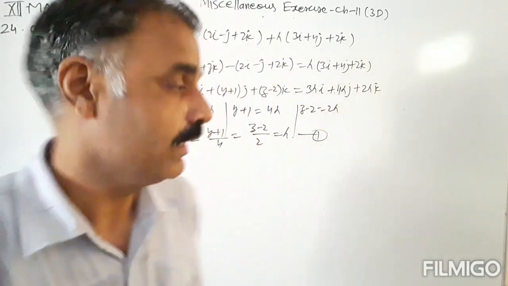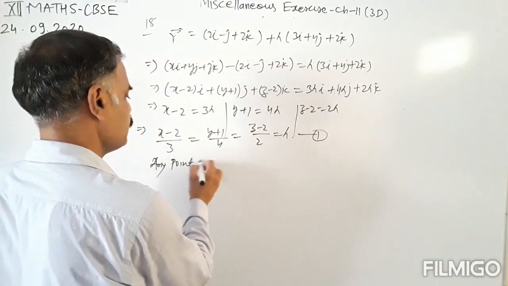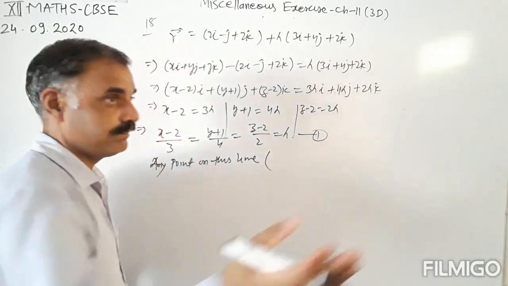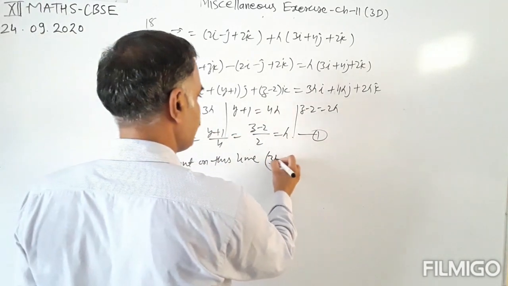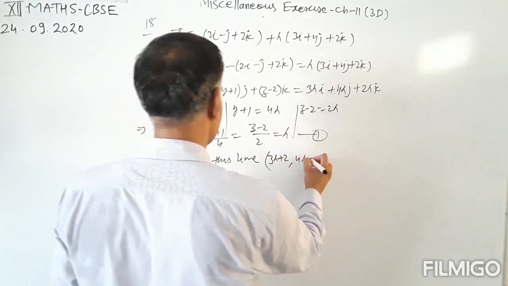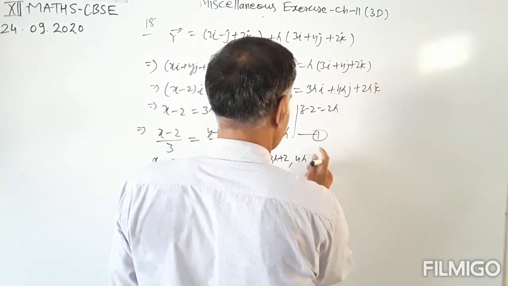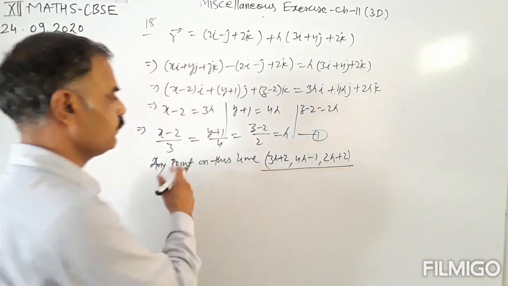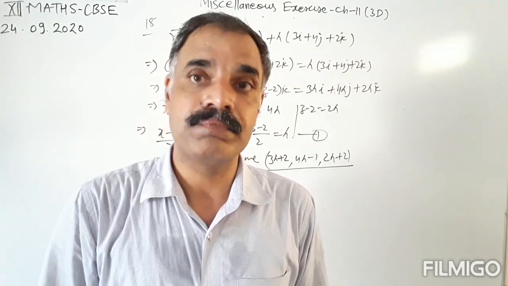Okay, now any general point on this line, that is x, y, z, is 3 lambda plus 2, 4 lambda minus 1, and 2 lambda plus 2. This is the general point on the line. Okay, now we have solved the line. Now the given plane